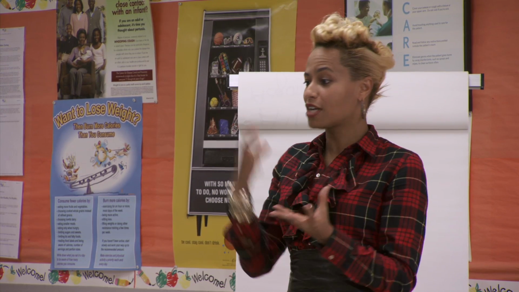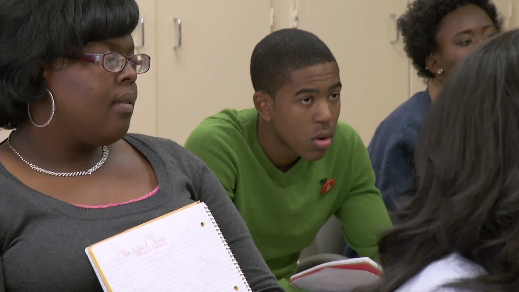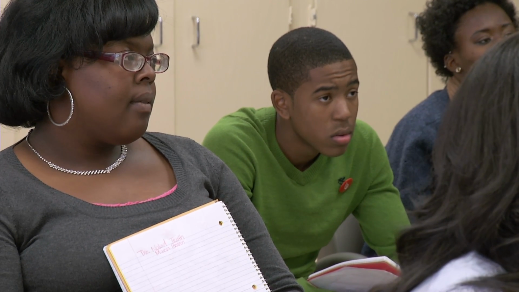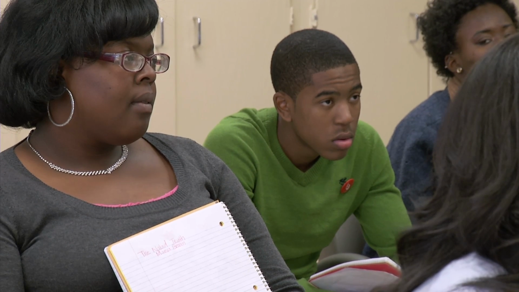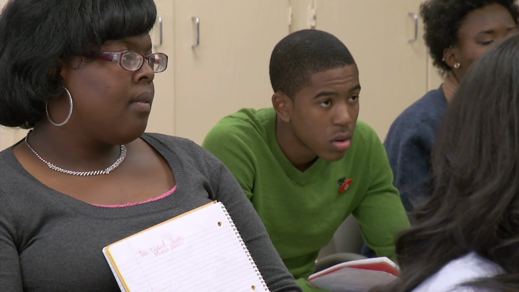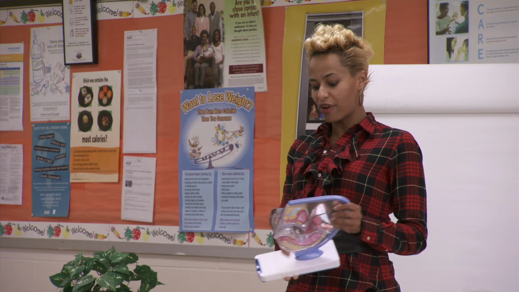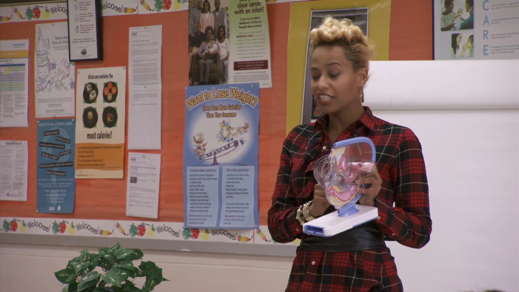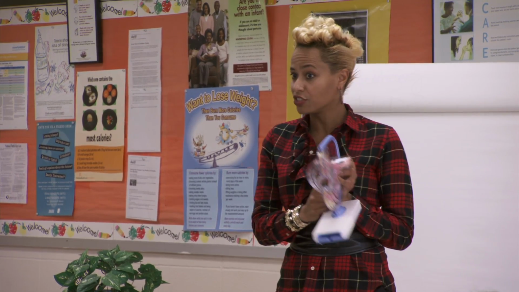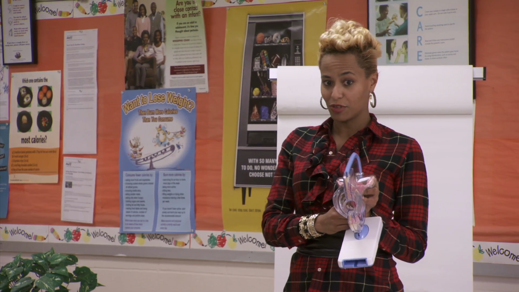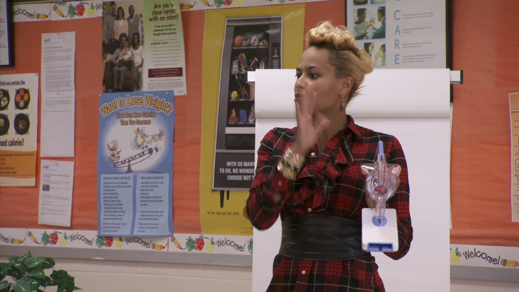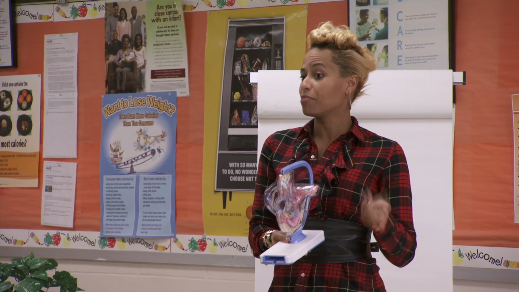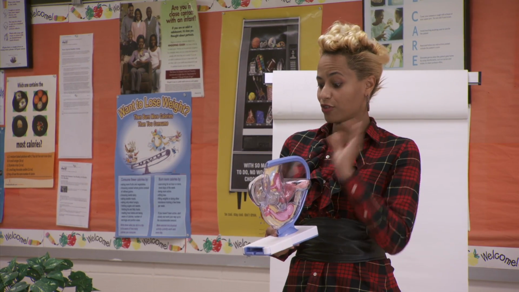There are so many different combinations of what's in those pills that some of the pills make the cervical mucus so thick that the sperm can't get through, and some of the pills actually just prevent ovulation. The other way that you prevent pregnancy is by inserting a device called an intrauterine device, or an IUD, you may have heard of that, into the uterus, and it sits in there and disrupts things so that there can be no implantation of a fertilized egg.